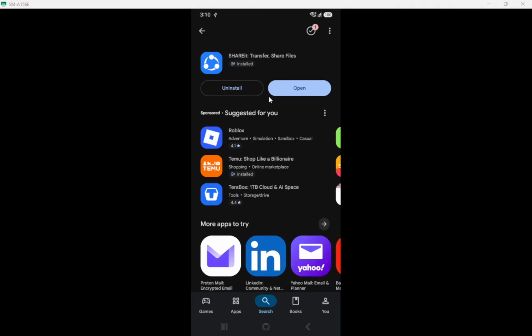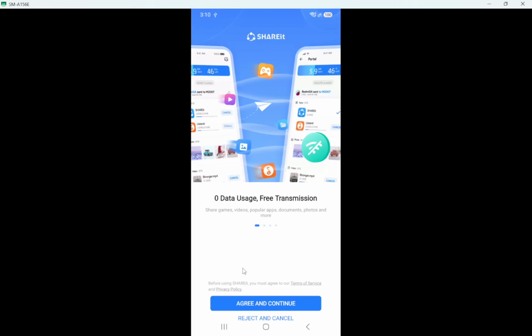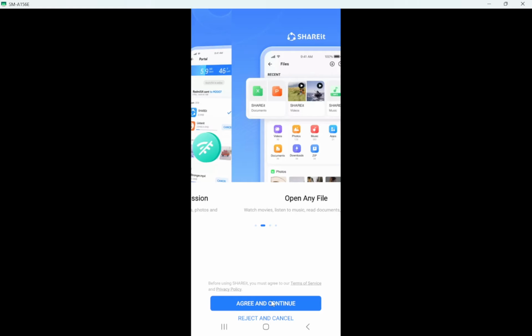You should now see the ShareIt welcome or introduction screen, usually with the app logo and some short text about transferring files. Finally, follow the on-screen instructions to set up ShareIt and grant the permissions it needs. The app will usually ask for access to files, media, photos, and sometimes nearby devices so it can discover other phones. Read each permission pop-up, then tap Allow so ShareIt can actually send and receive files between devices.